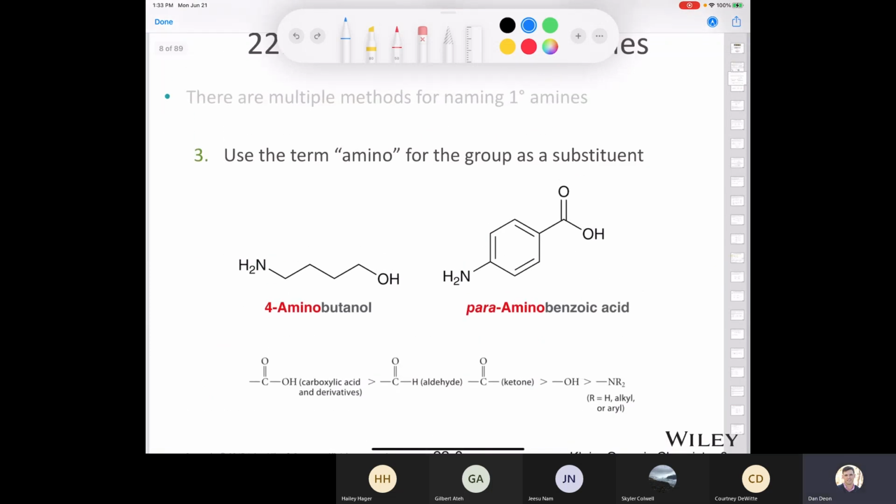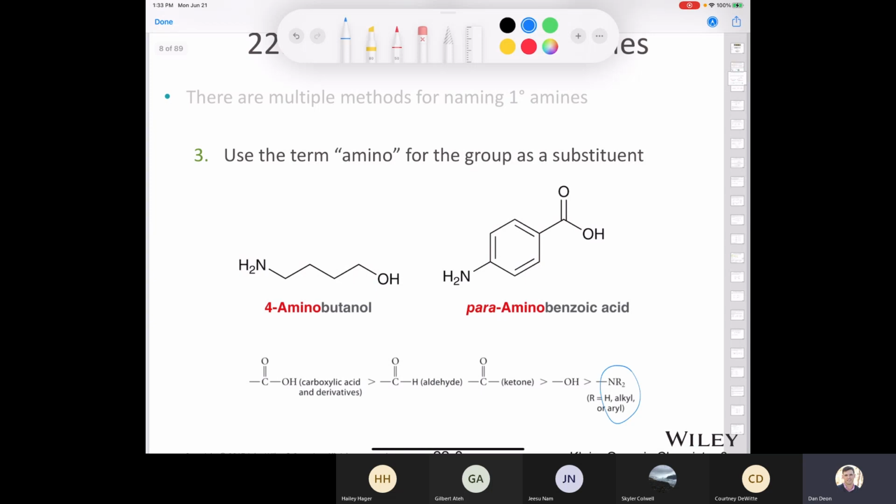Well, if you have an amine in a compound that has any functional group that's got oxygen in it, okay, the amine is always the loser. Okay, what does that mean? Put a nicer way, maybe: the oxygen-containing group will always be the parent. So if you have a carboxylic acid or an aldehyde or a ketone or an alcohol or an ester, okay, or an amide or something like that, anything that's got oxygen in the functional group, it will always take precedence